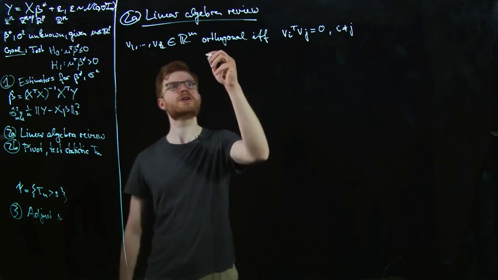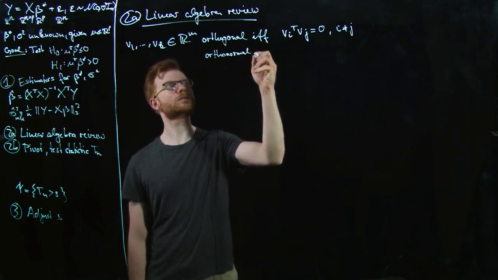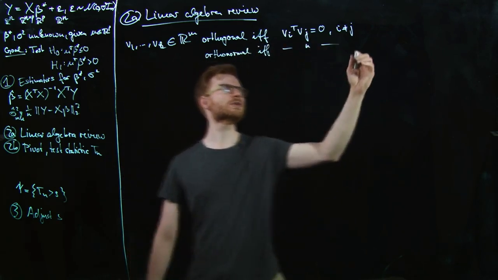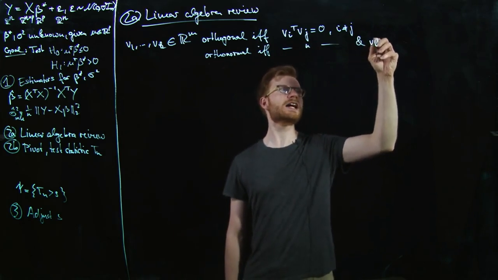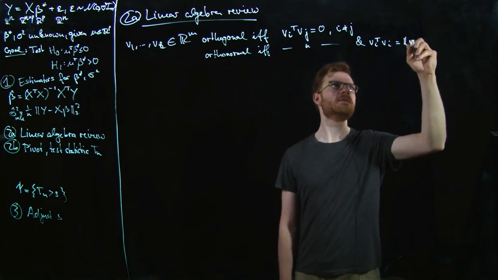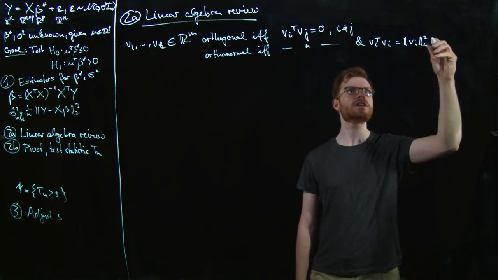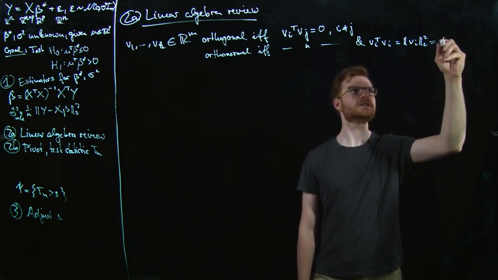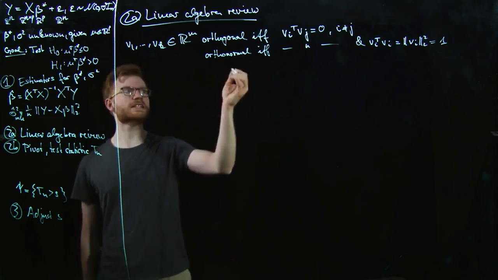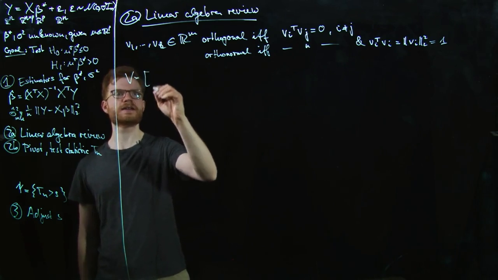And I call them orthonormal if this is true and vi transpose vi, which is nothing but the Euclidean norm squared that I write with these double bars of vi, is 1. We've seen this in another recitation video already. If I collect k